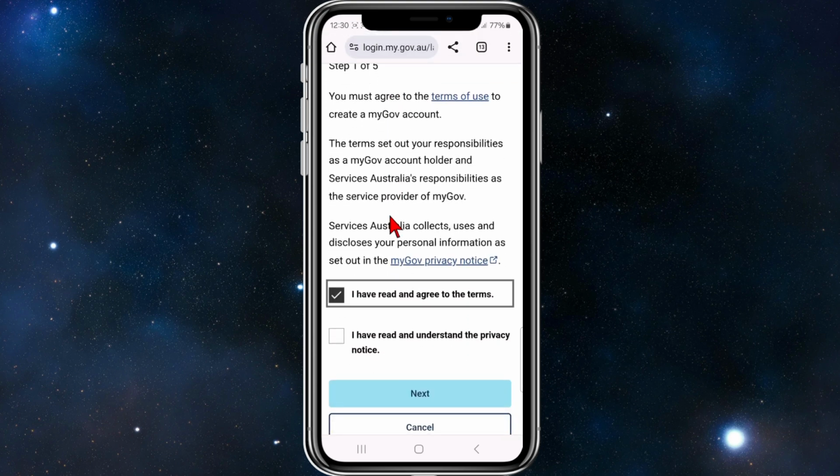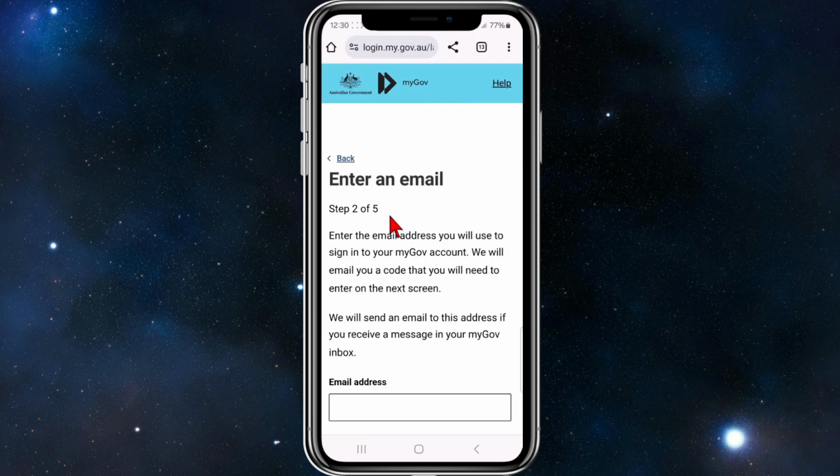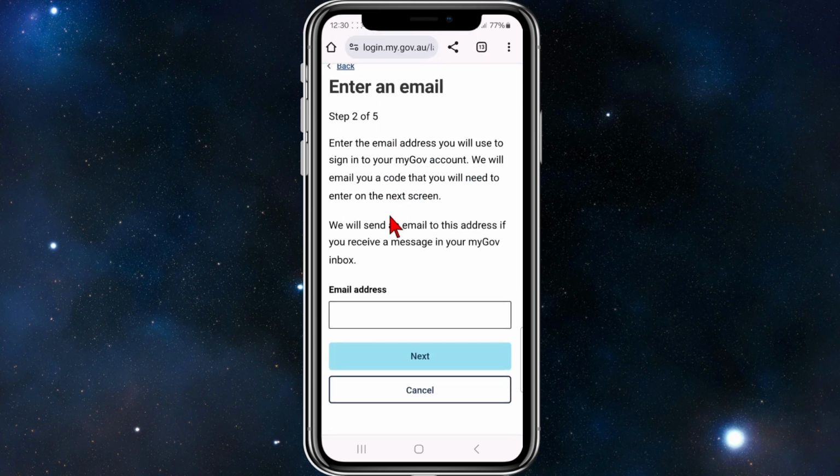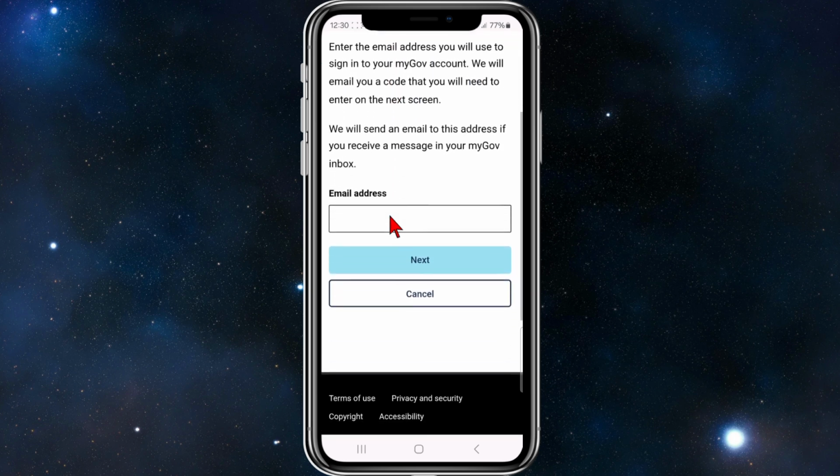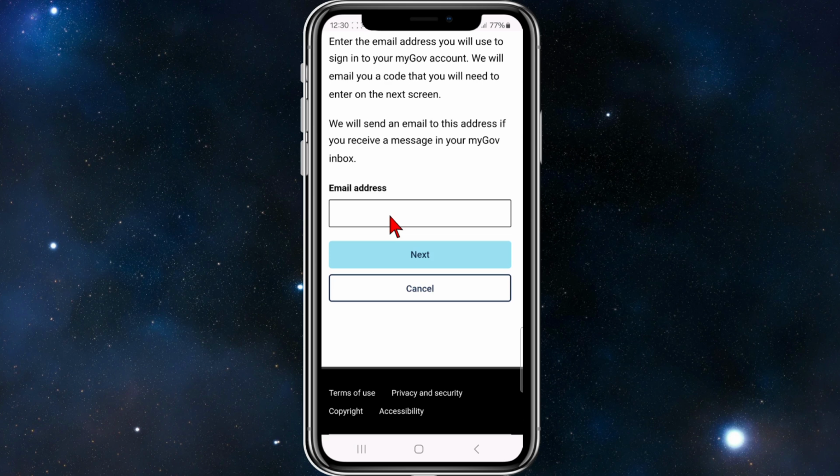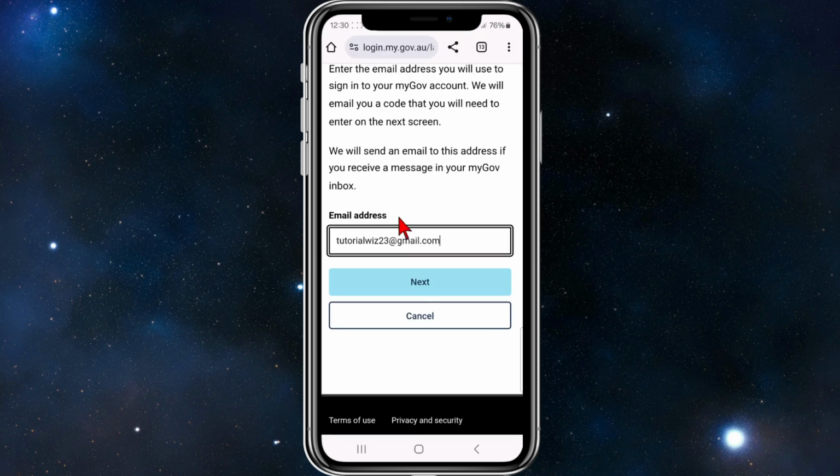Terms of use, check those and click on to next. Enter an email, and then once you've entered in an email, they will send you a security code that you need to proceed to the next step. All right, the email address has been added in. I'm going to click on next,